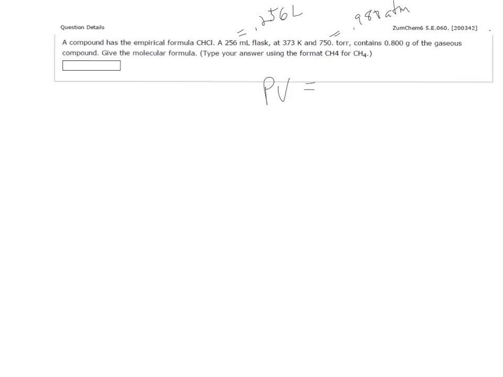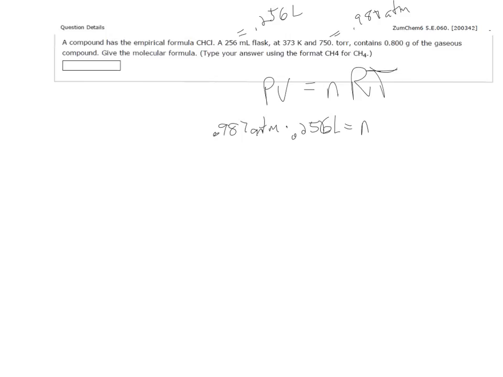And we'll use the ideal gas law, PV equals nRT. In order to use the gas law constant 0.08206, we have to have units of atmospheres in liters and temperature in Kelvin. So that's why we made those conversions. Okay, 0.987 atmospheres times 0.256 liters